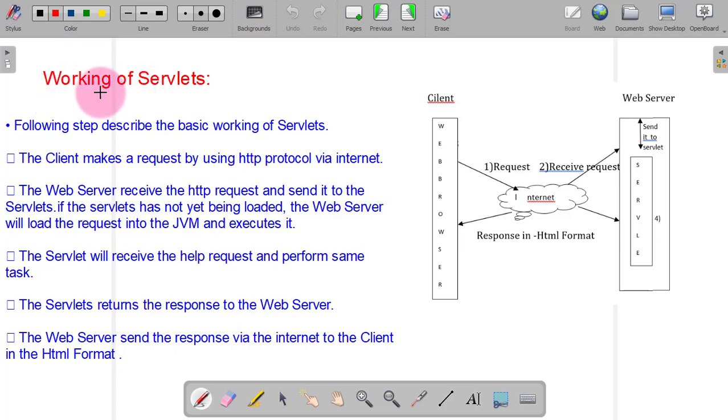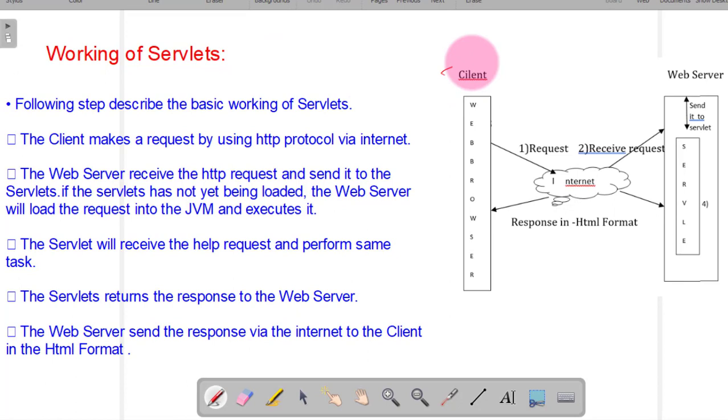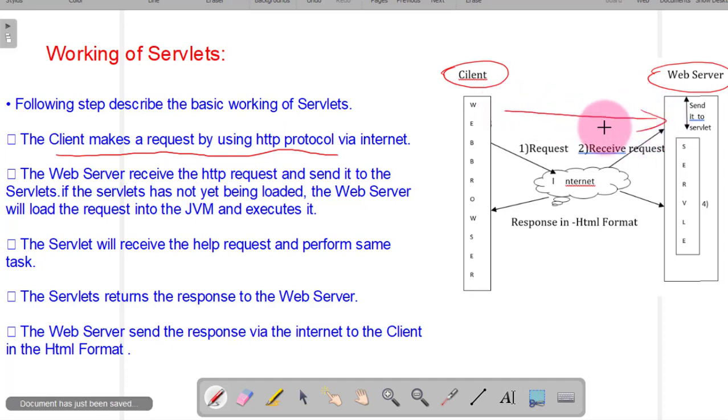Now we will see the working of servlets. Servlets follow the client-server architecture. Therefore, in this we have a client and the web server. The client makes the request by using the HTTP protocol. Since this is communication between two or more machines, we require a set of protocols.